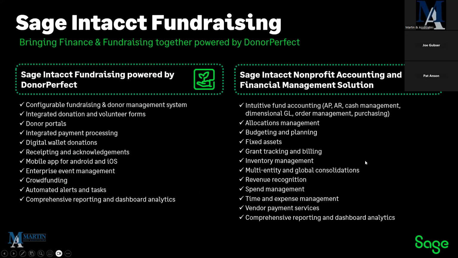Sage Intacct Fundraising. This is a finance and fundraising solution, you're bringing them together for an NFP company. This is powered by Donor Perfect, it's called. So Sage Intacct Fundraising, you have the ability of configuring a fundraising and donor management system, integrated donation and volunteer forms. You've got donor portals, digital wallets, crowdfunding, automated alerts and tasks. So that handles all of it on the fundraising side, and it integrates right in with the Sage Intacct back